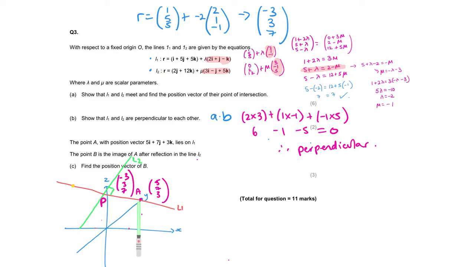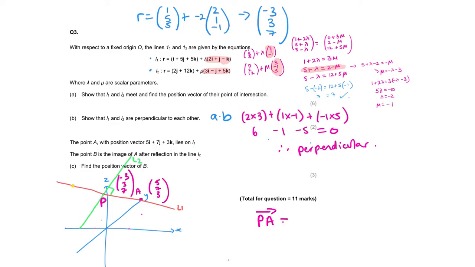Okay, so I need to find... Suppose I could find the direction vector P to A, and then go backwards to go from P to B. Let's see if that works. Okay, so how do I get from A to P? No, let's go P to A and see if I can apply the same. P to A